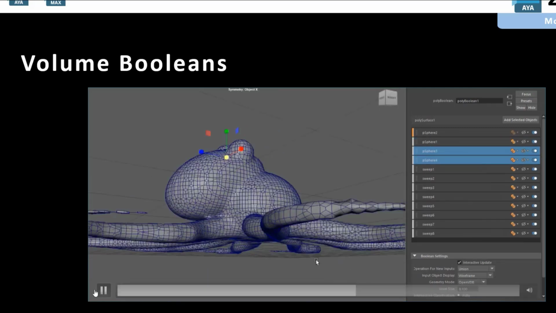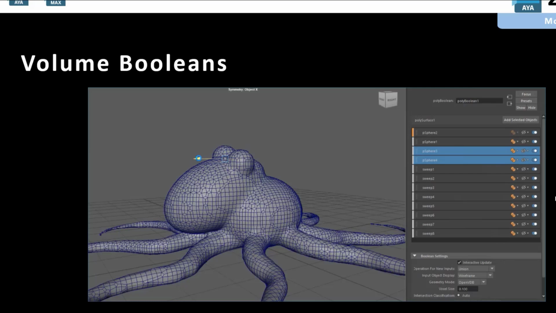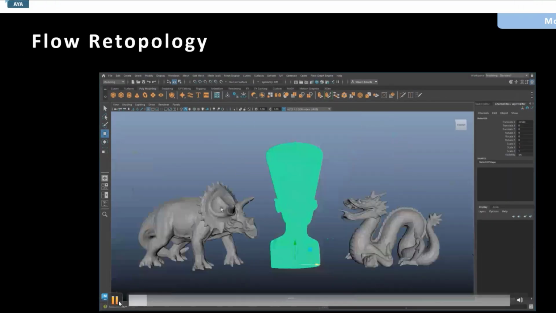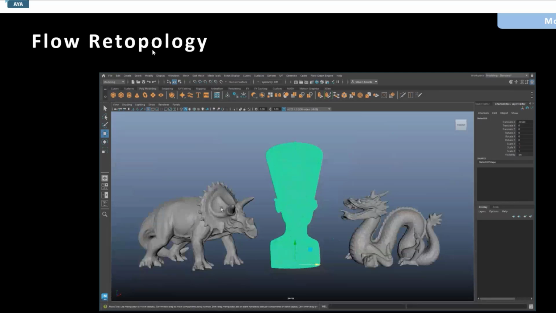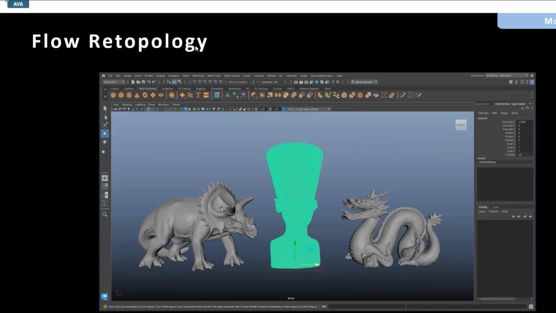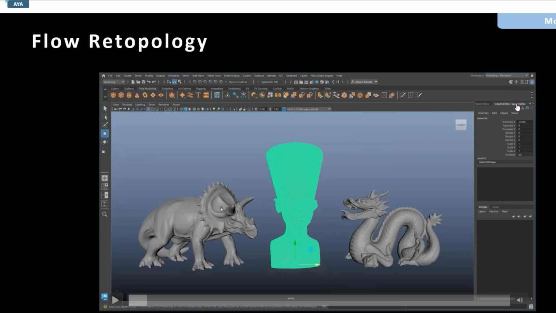So we move on to our topic. Before that, there is Flow Retopology. I think before, in Maya 2020, 2021, there was the retopology, and now it's Flow Retopology. All the retopology you can do inside the cloud.